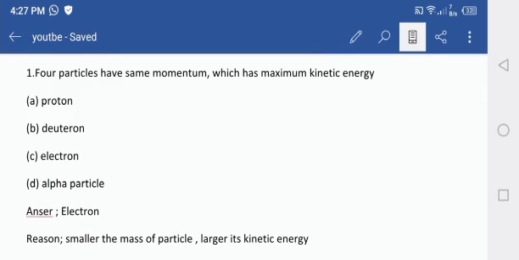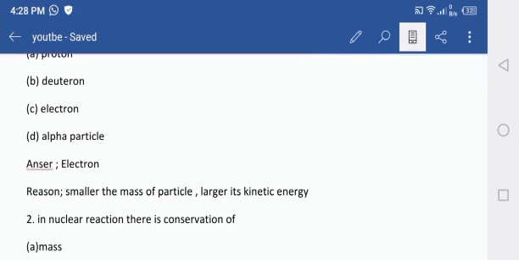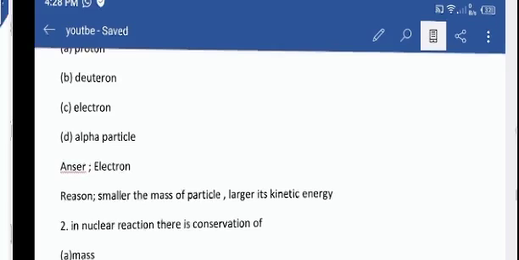Four particles have the same momentum. Which has maximum kinetic energy? Options are proton, neutron, electron and alpha particle. The right answer is electron. Why electron? The smaller the mass of the particle, the larger its kinetic energy, and this can be proved by an expression which is